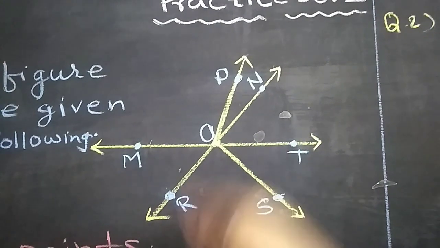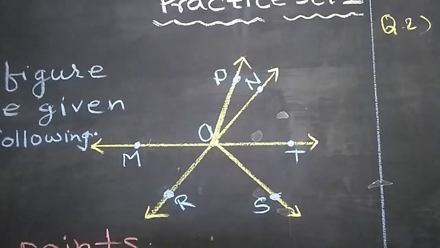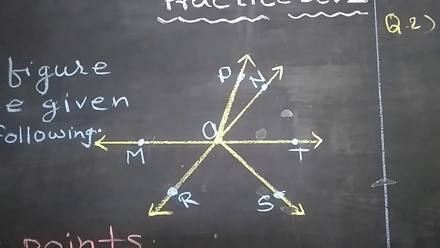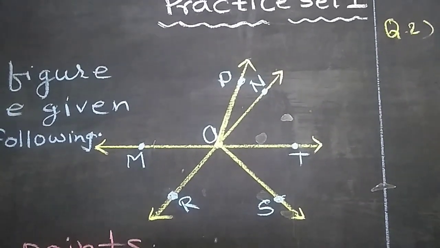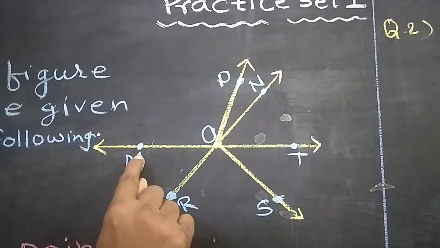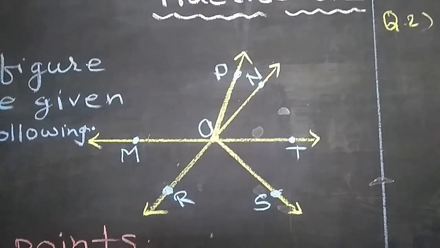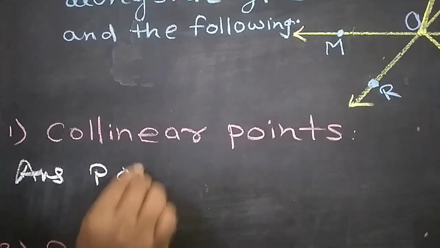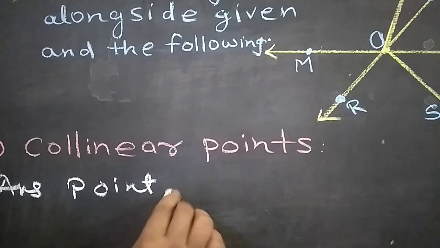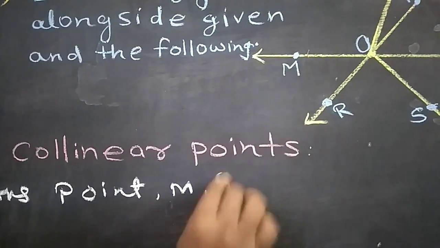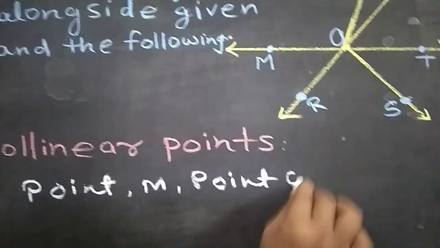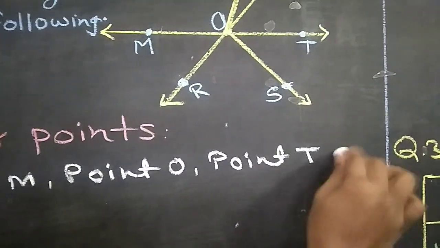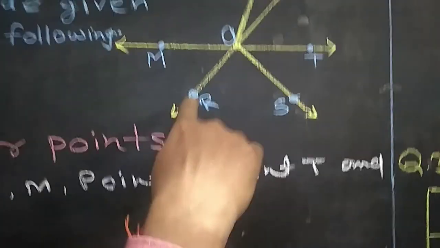MOT. It is more than 2 points. What we have to understand here: when more than 2 points lie on a single straight line, then the given points are known as collinear points. So here MOT. So your first collinear points will be point M, point O, point T, and one more collinear set is here,